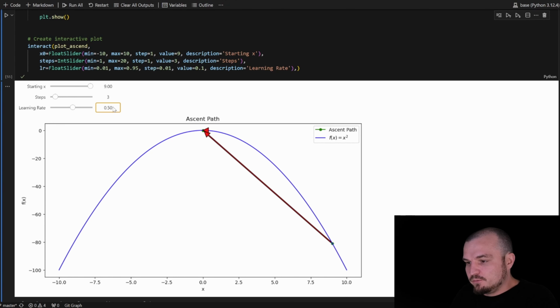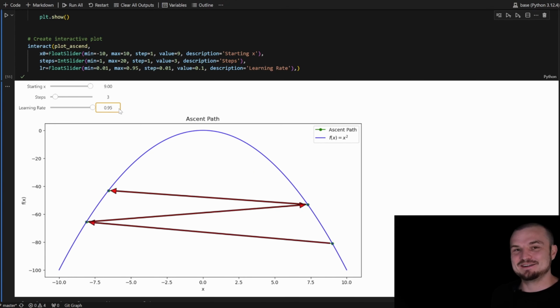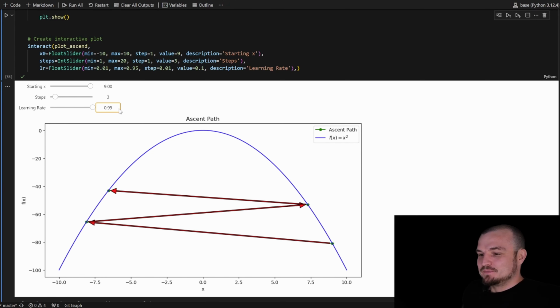For 0.5, just 2 steps, and we reach the maximum point. And let's set something like, and it's very interesting, it's just too much. In this case, this learning rate is just too high.